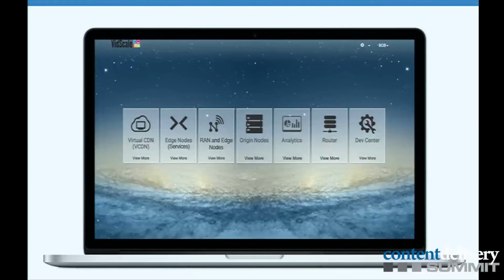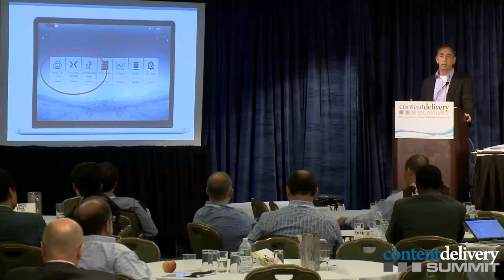If you go to our virtualization side of the business, this is how you'd enter the virtualized solution. And what you'll see on the left are 3 key things. First, if you want to build out a virtualized CDN, what do you have to do? Well, you have to build out your hardware data centers or POPs locations. So you can do it on private cloud, you can do it on public cloud. Today we host this on like 4 or 5 different cloud providers, right? And we don't care who the cloud provider is. You should be able to put it on anyone, you should be able to scale it up. So on the left-hand side there, the Virtual-CDN.